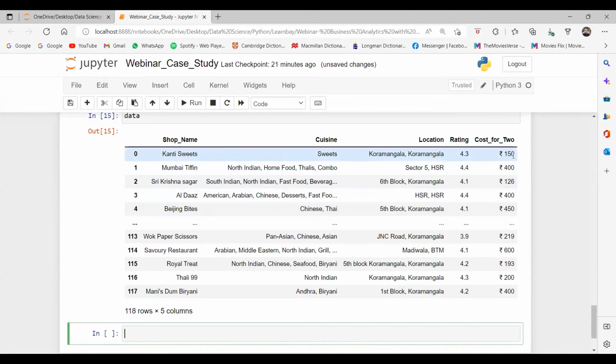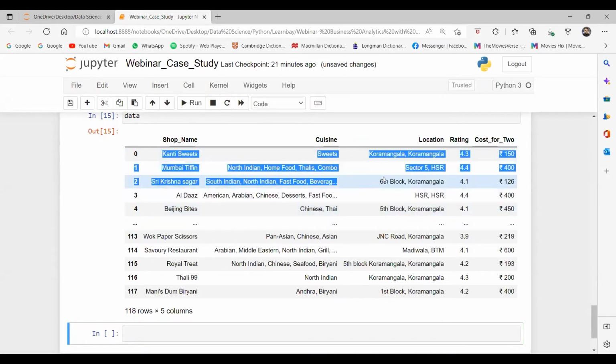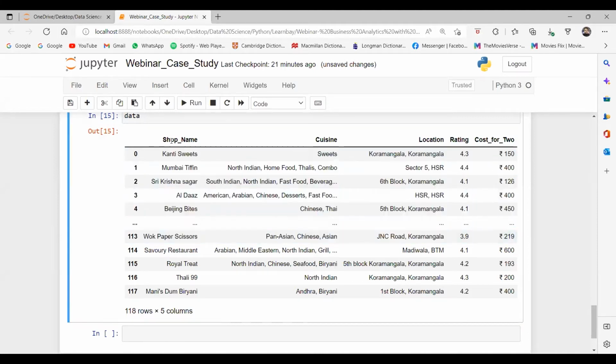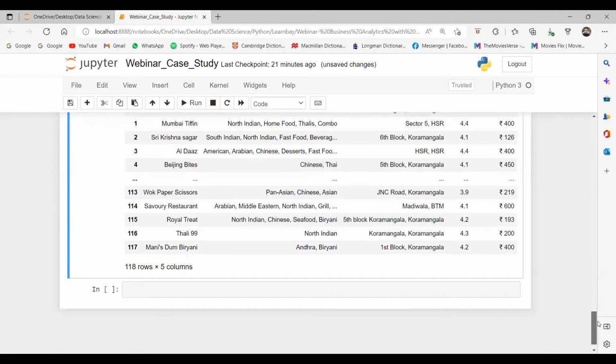So if we get the food for two people, what is the cost? Now you tell me, these columns, shop, cuisine, and location, are string values, that is fine. But ratings and cost for two, should these be string or numeric values, guys? They should be numeric, floats. But the thing is, if I see the data info,